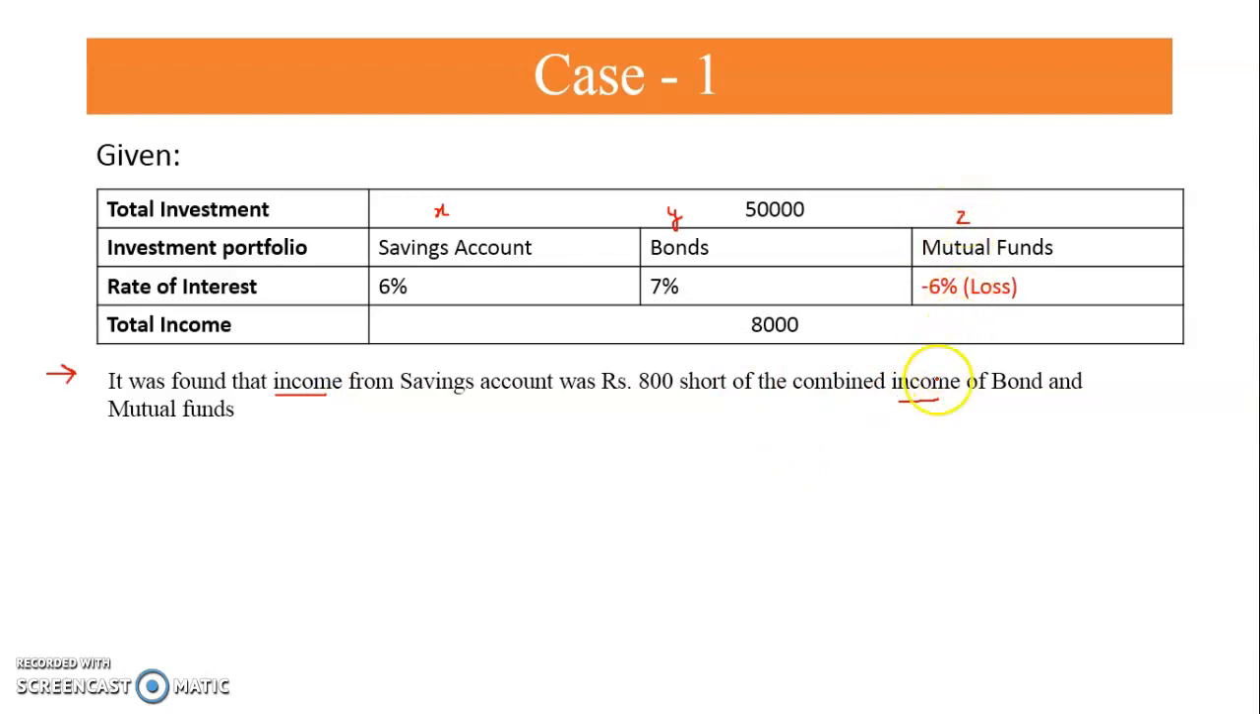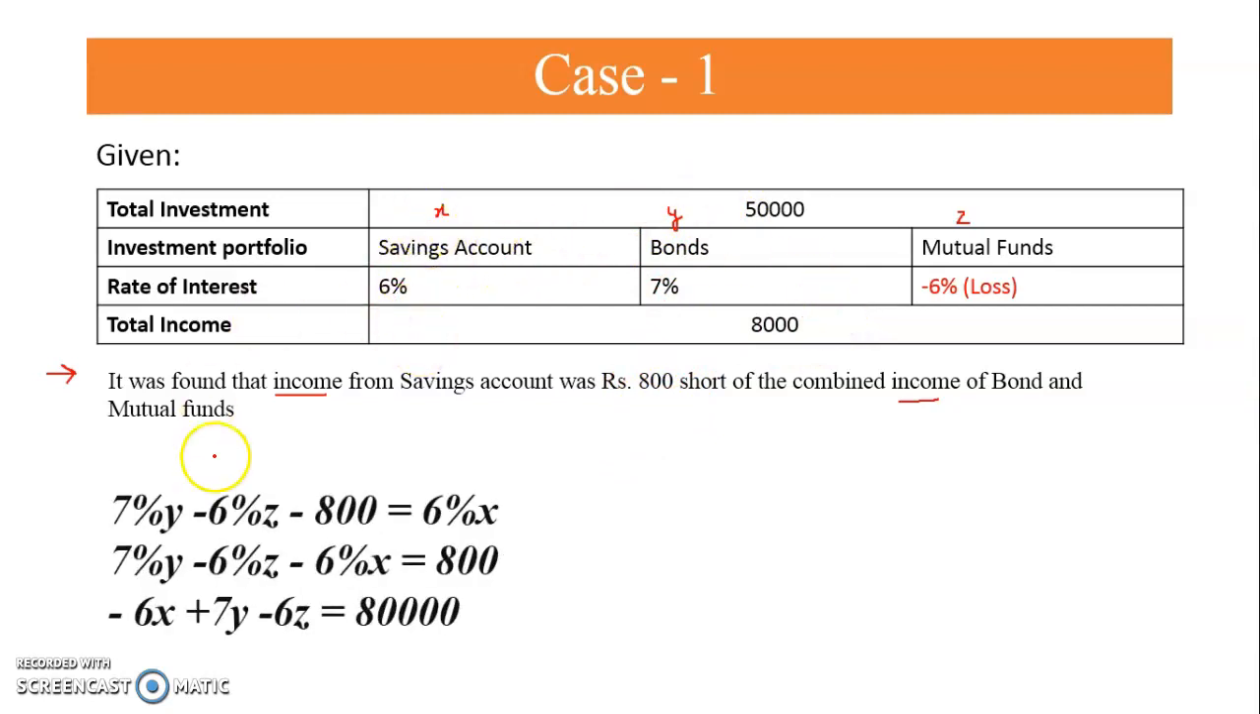Okay, so the combined income of bonds and mutual funds will be 7% Y plus minus 6% of Z. So this is the combined income of mutual funds and bonds. But the income of savings account is short of 800. So our equation will be that we have to subtract this 800 from the combined income in order to make it equal to the income of savings account. So this will be our equation, that 7% Y minus 6% Z minus 800 is equal to 6% X,